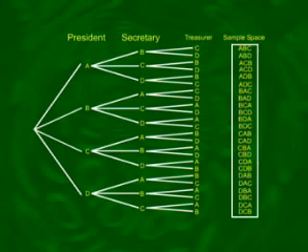The point to note is that a tree diagram gives us a very methodical way of representing the 24 possible